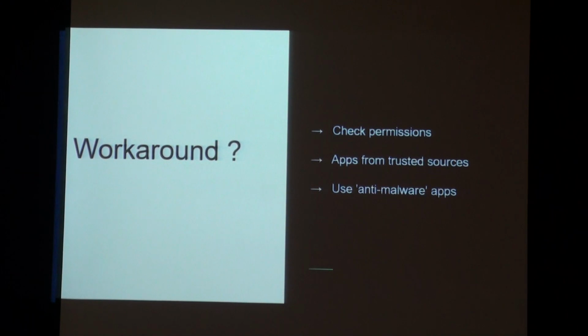So how do we protect ourselves from being infected with malwares? A few of them would be, first thing, checking permissions. This has been told for a long time. Then installing applications from trusted sources alone, and using anti-malware apps. Probably I'm coining this term, anti-malware. There are a lot of antivirus applications available on Play Store, but those work on certificates, right? What we need is an application that would work on permissions.